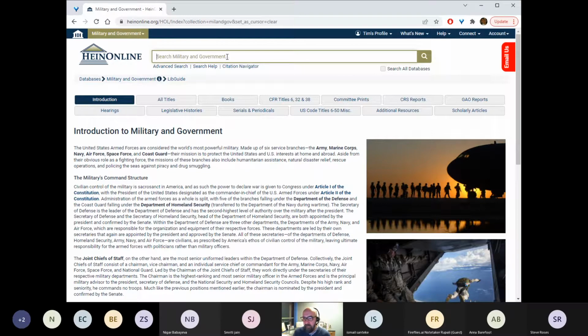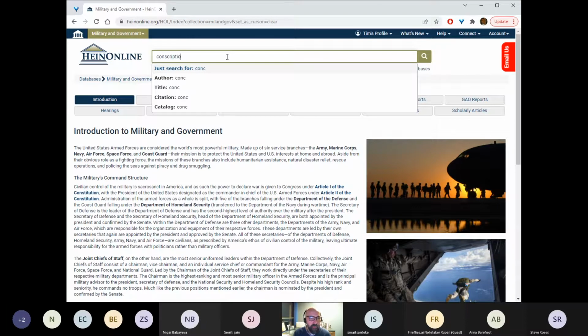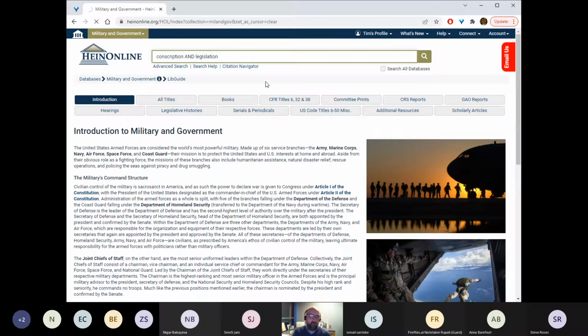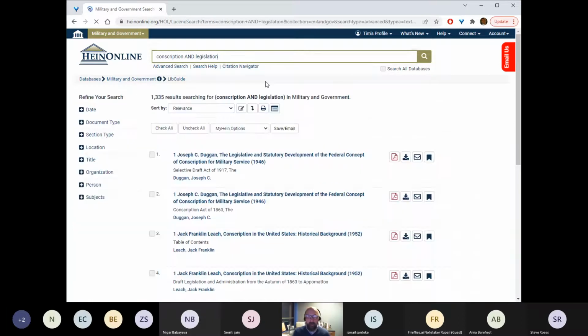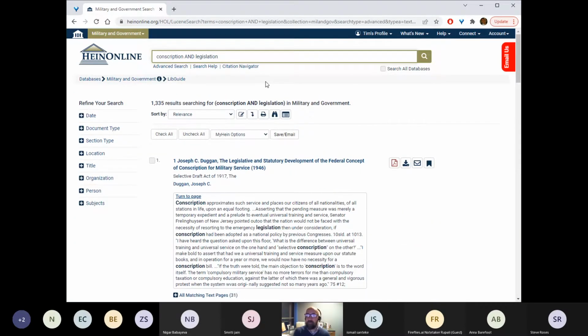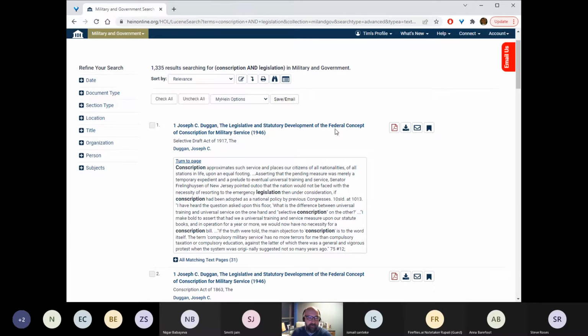So let's say, for example, we wanted to look for conscription and legislation. Again, we're just going to search within the text. Now, conscription, that's basically the government forcing citizens to serve in the government's military, right? So here, I'm effectively searching for acts of legislation that involve conscription. So what we're looking at here is legislative and statutory development of the federal concept of conscription for military service. So that's the most relevant